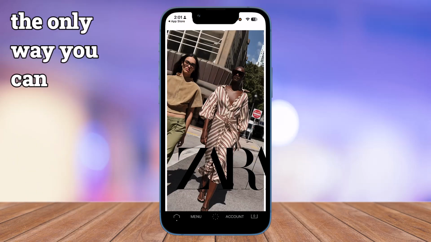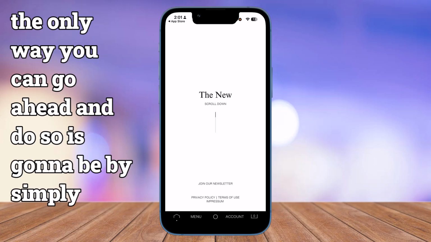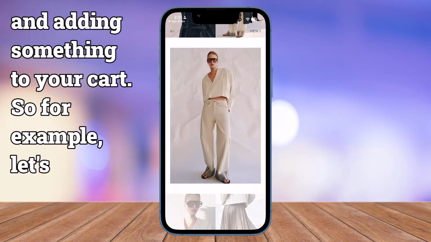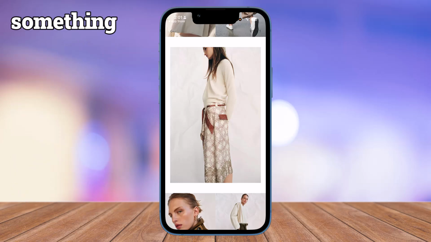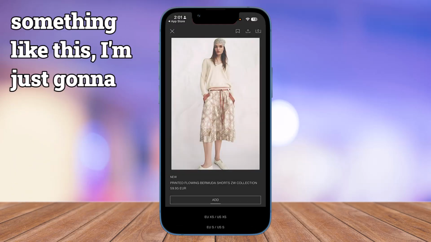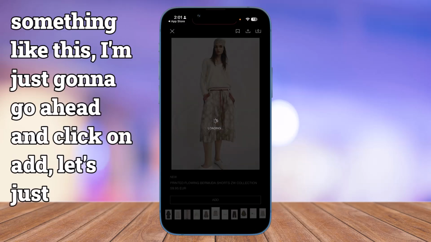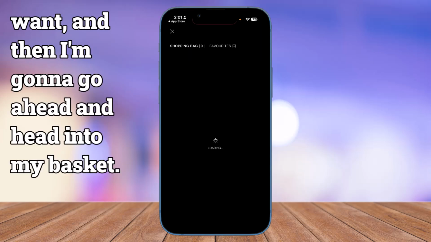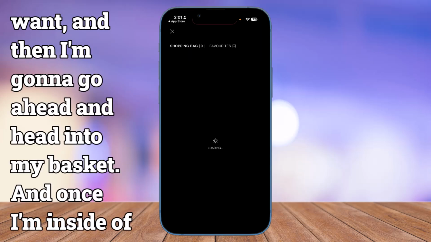So the only way you can do so is by simply adding something to your cart. For example, let's say I want to get something like this, I'm just going to click on add. Let's say any size that I want. And then I'm going to head into my basket. And once I'm inside of my basket,